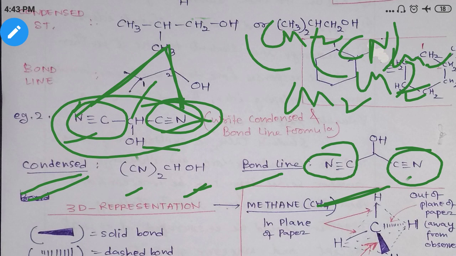I'll come to what a functional group is. But as of now, this C is attached to N, so this is a functional group. It is a group, so you have to show the carbon because it is a group. So here you will show this CN. And this is the middle one, CH. With this C we have not shown, this is the chain one. And with this CH, what is present? The OH group is present. So this is the bond line formula.